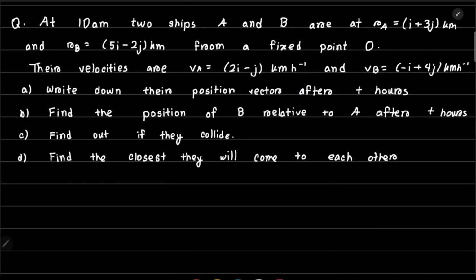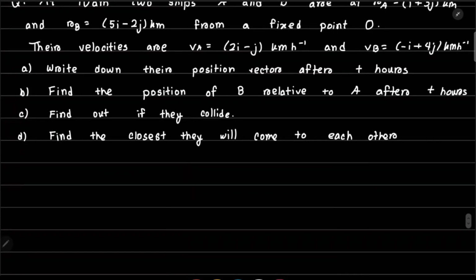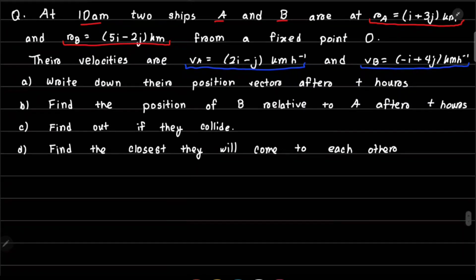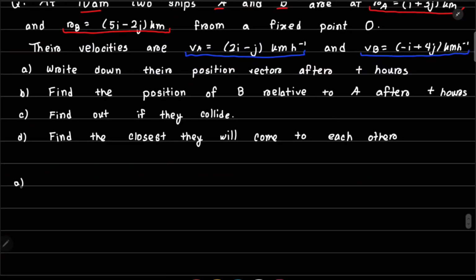So this question has all of the concepts that we need. So in the first question, part A, first we'll read the question. At 10 am, this is the starting point. We are given 2 ships A and B. The position vector of A is given, the position vector of B is given. This is their initial position. We are also given their velocities. And now we have to find their position vector after t hours. So for ship A,